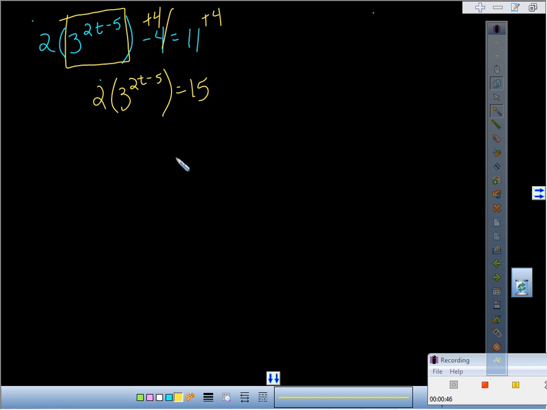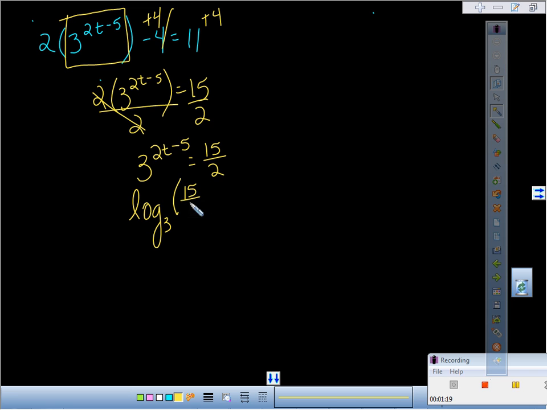Now what are we going to do? We can either leave it as 15 halves or you can write it as 7.5. I wouldn't write it as a decimal if you had to round it off. So I'm going to practice good habits here and leave it as a fraction. Now let's write it as a log. It's going to be log base 3 of 15 halves is equal to,